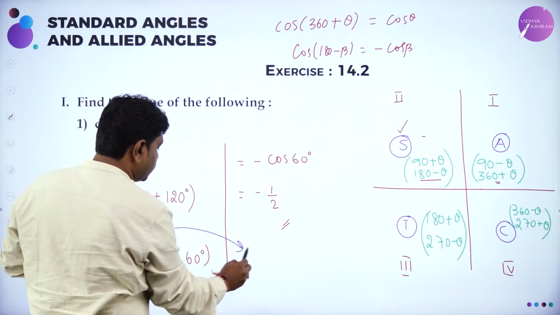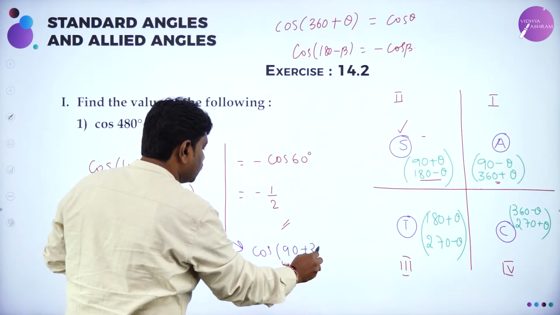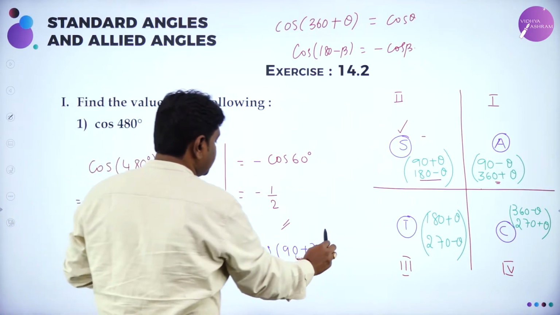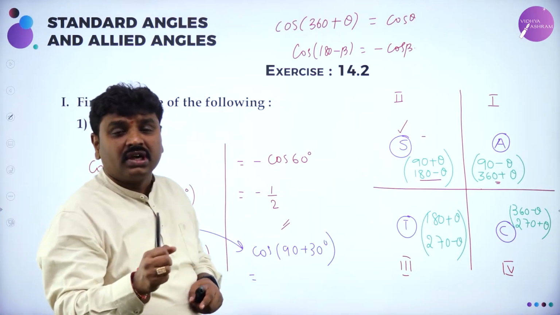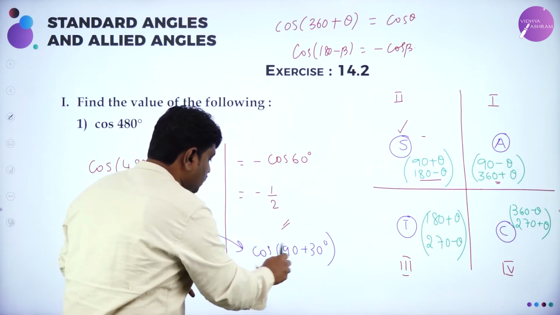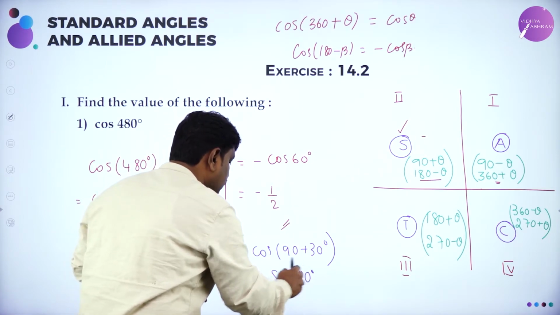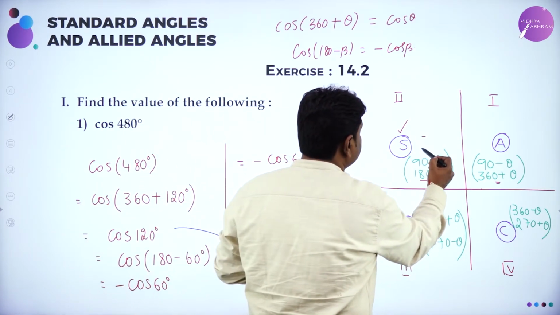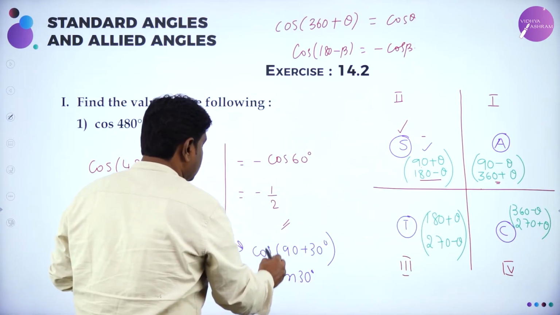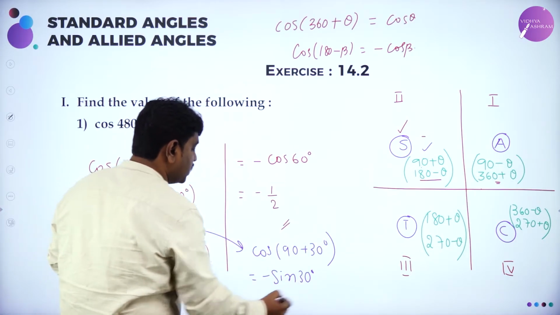So the same cos 120, we can also write as cos of 90 plus 30. We can do this. But for 90 plus 30 the function changes. I told you when the function changes. For 90 and 270 the function changes to co-ratio. So cos of 90 plus theta becomes sin theta, sin 30. But 90 plus theta is in which quadrant? Second quadrant. So in second quadrant, cos is negative. Only sin is positive, but your question is cos. So minus, minus sin 30.